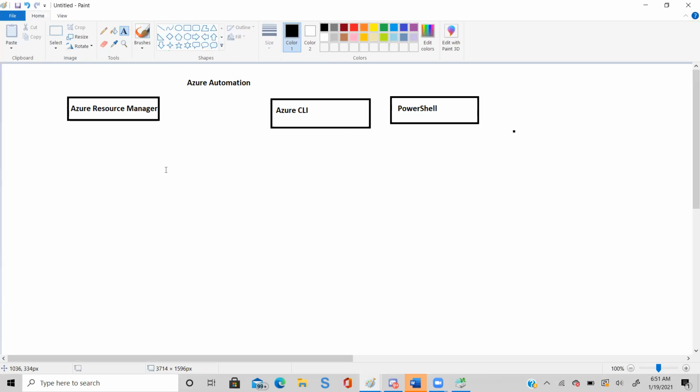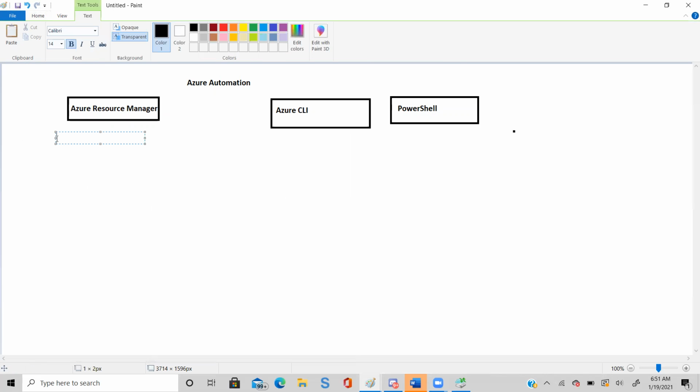So what Azure Resource Manager says is that you can manage your complete Azure. Let's say, for example, you want to create a virtual machine with a web server. What is the current way you have? You go to the portal, go to virtual machine, then create, add new, and so on. Second, you just write a JSON script.